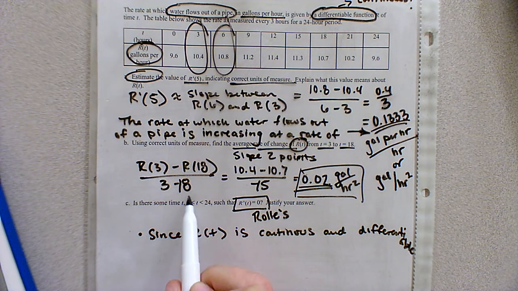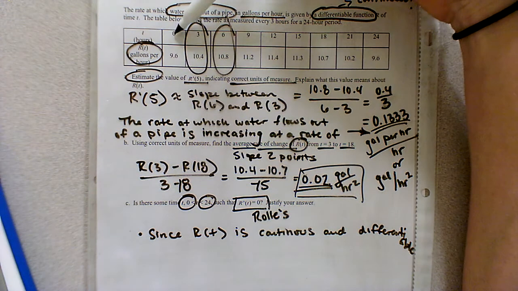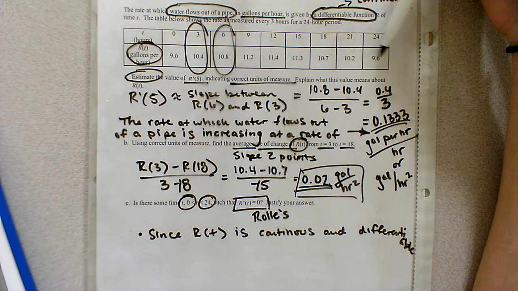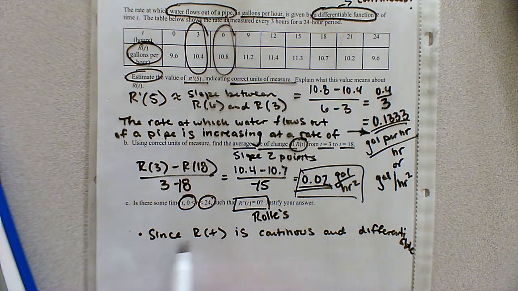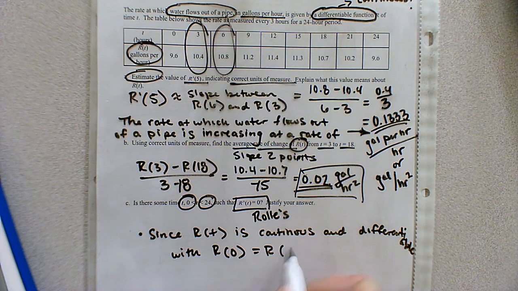So if we were to check the endpoint at 0 and the endpoint at 24, are they the same? So notice how the table, at the beginning the rate was 9.6, and at the end the rate was also 9.6. So since r of t is continuous and differentiable, with r of 0 equal to r of 24,